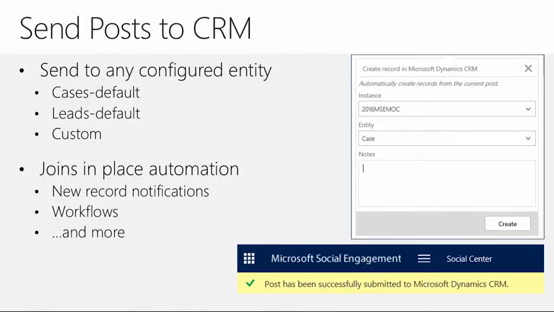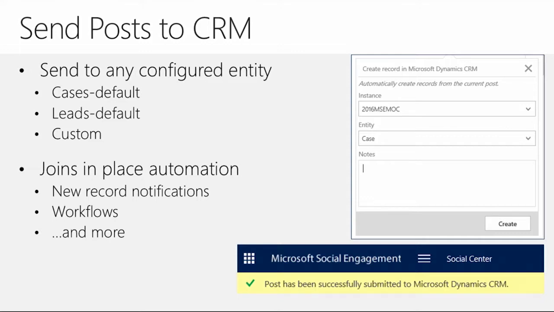Then you're going to go in and you're going to define how that's going to work. So you're going to go into your items and you're going to determine what the entities are. So after you've configured your entities, they could be custom entities, they could be cases or leads, which are done by default. You will then go ahead and map the individual fields. So that'll then go ahead and create the items that you want to work with and successfully submit those posts